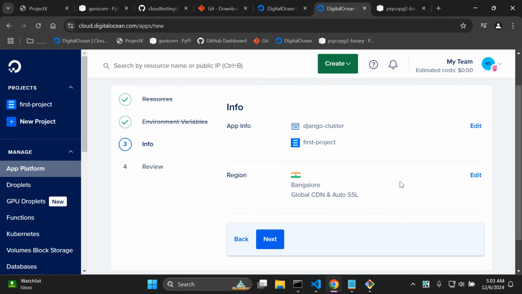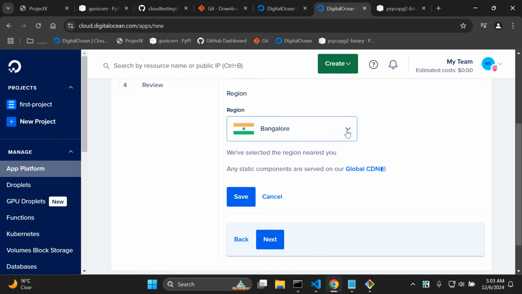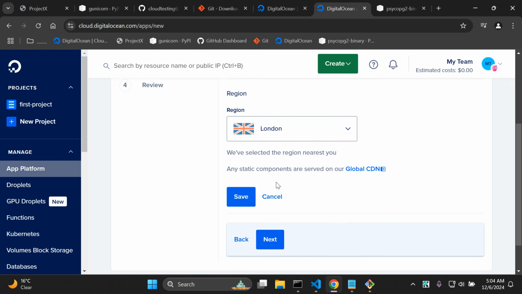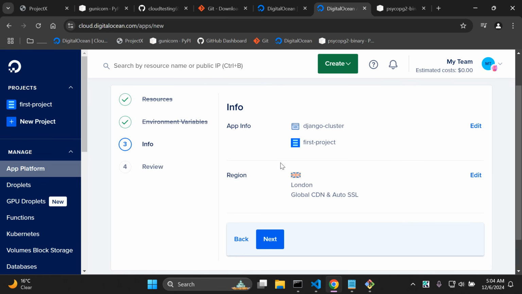Okay, you might need to say save again. And now the region, we can say edit. And you want to choose the region, and automatically it will select the region closest to you. So I'm going to adjust this in any case. I'm going to choose London, and I'm going to say save, and we've got that in place. Then we can go to the next step,